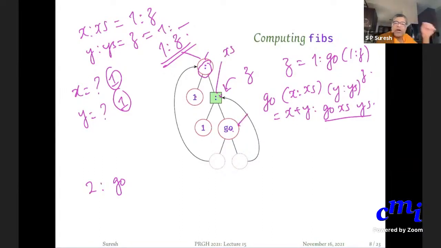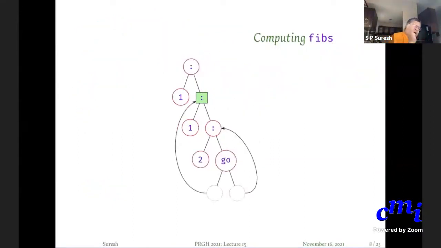So it will first apply some definition on go, it will expand the graph a little, but then it will readjust the pointers. So what actually happens is that you will get this, because this one plus this one is equal to this 2, and then the left thing, this was the x's and this was the y's.